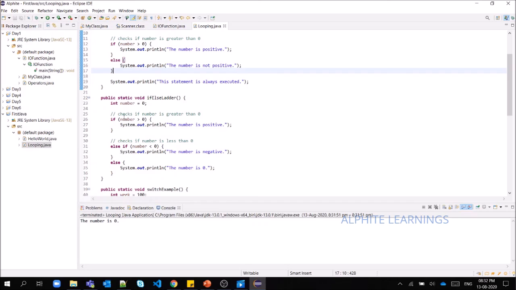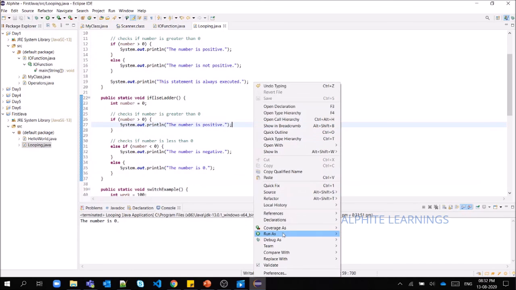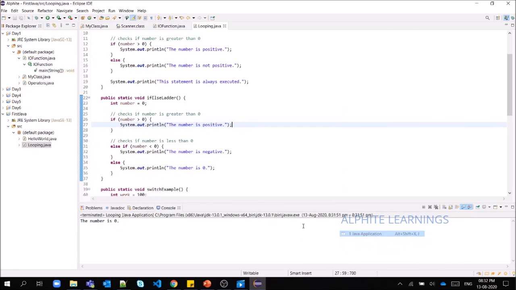So the if condition is not satisfied, and the else if condition is also not satisfied. So automatically it will go and print the block that is available inside the else block. Inside else I have given that the number is 0. So that is why "the number is 0" got printed. Understood?